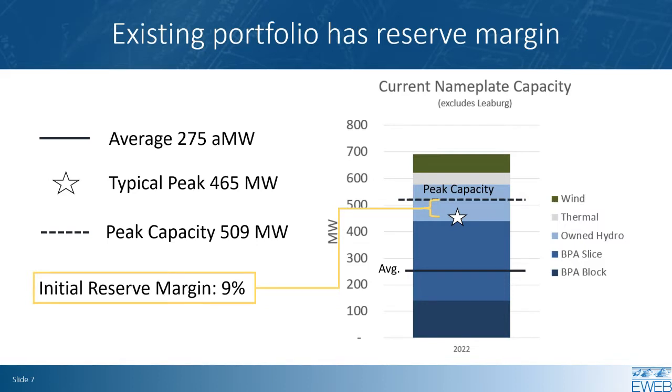But as John stated earlier, our planning standard right now that we're using in the reference case is just a 1 and 2 event. We're not planning for extra cushion or an additional planning reserve margin. That's an assumption we can test, as the Western Resource Adequacy Program might require us to carry additional reserves in the future. So it's something we can look into as part of the sensitivity analysis.